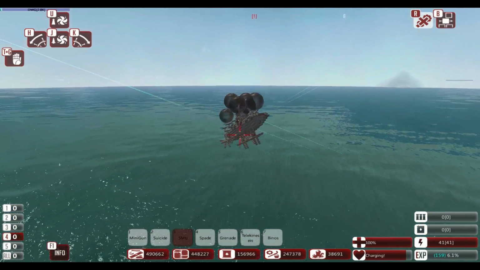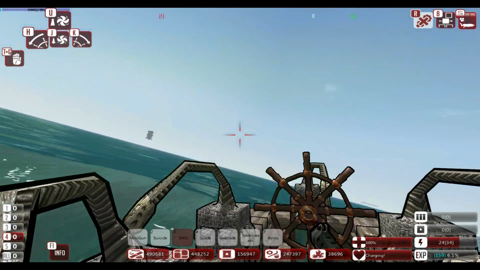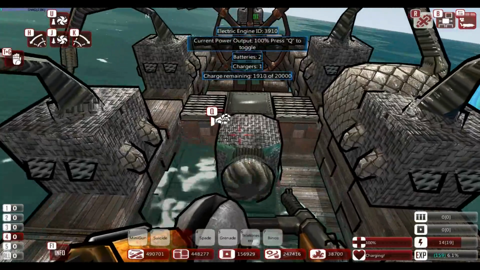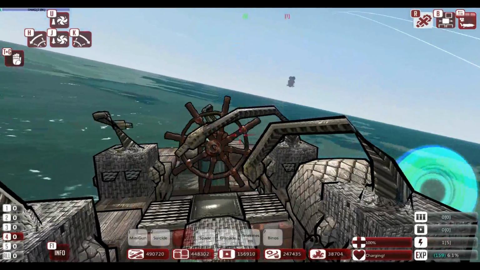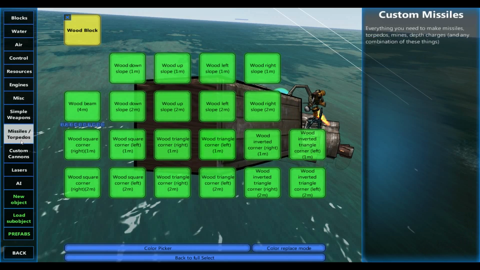Is that an Atlas? Oh, it is. It's just really, really far away. Okay. So what we're going to do with my little electric engine, which I'm really nervous about because we're actually out of power already. That's great. That's great. We have no power in this thing. I was going to say we can get underneath it and try to shoot it. It's, okay. Time to do some really, really quick